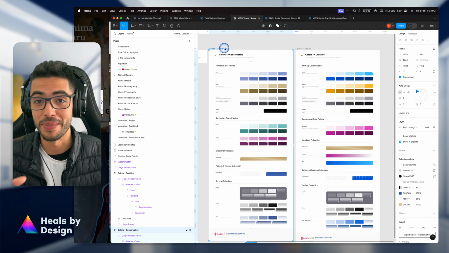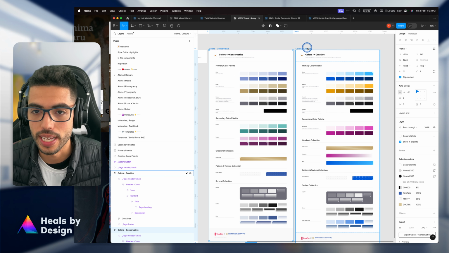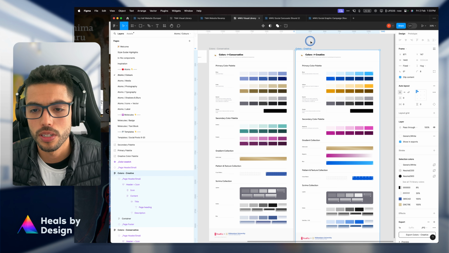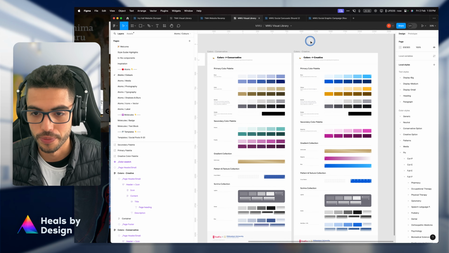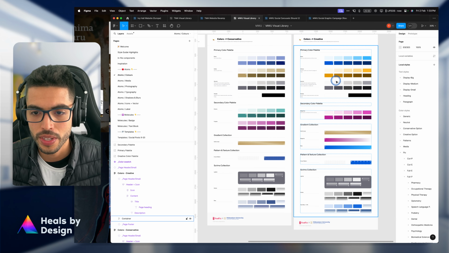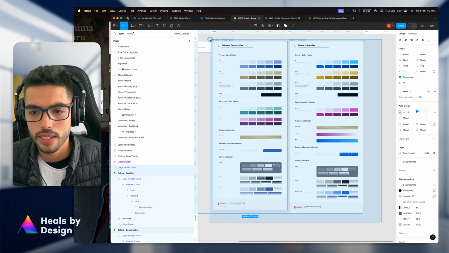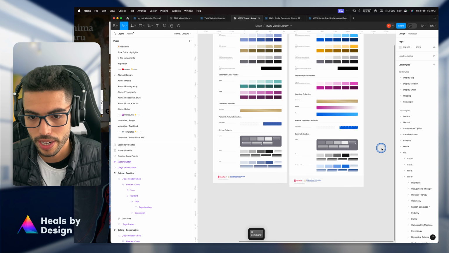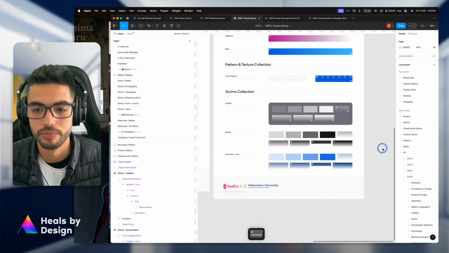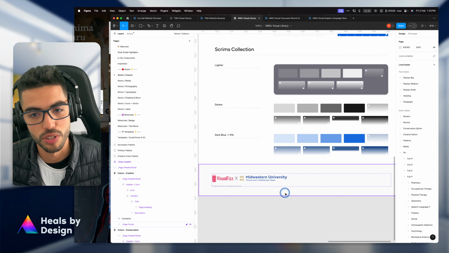I'm going to show you what I mean in a sec, but we have a conservative style and a creative style, and that was the challenge. We wanted to create a conservative version and a creative version, and here I organized the colors. But if I have the colors just like this, it's pretty good for visual reference and for sharing and for having all the different visual assets organized,